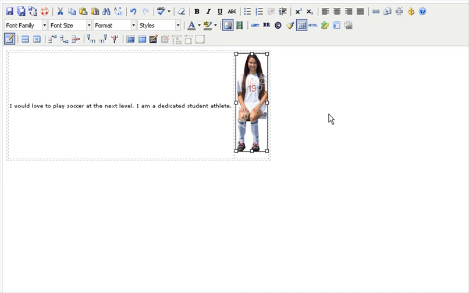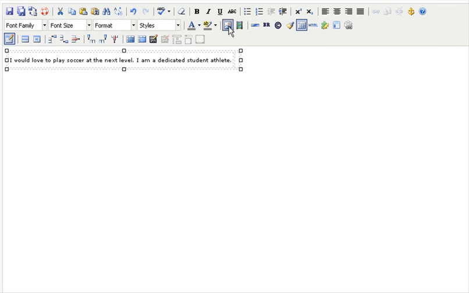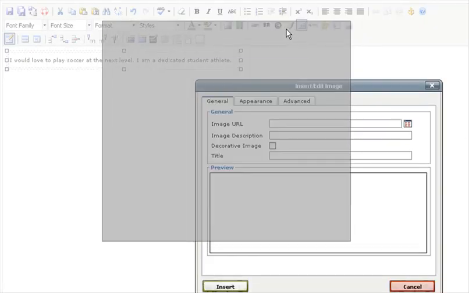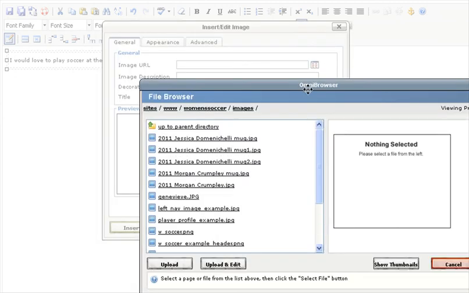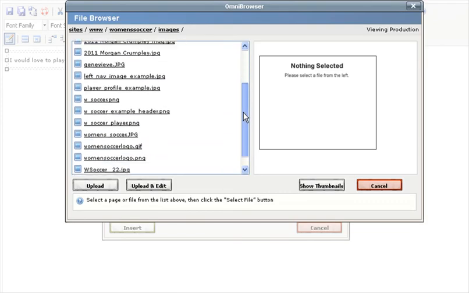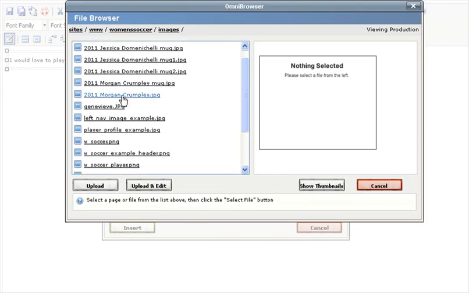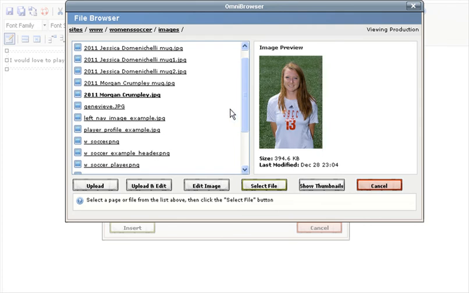And then to replace this image, I could just delete this if I don't want another picture here, or I can select this, hit my delete key, and then let's find and insert an image that will work in this part of the page. So I click on my Insert Edit Image button. I'm going to browse. This time I'm going to look for an image that I already have in here, and let's choose this image. And I want to edit this image. Now obviously I could upload and edit like I've done in an earlier video. This time I have an image in here, and I simply want to edit that image. So I'm going to click Edit Image,